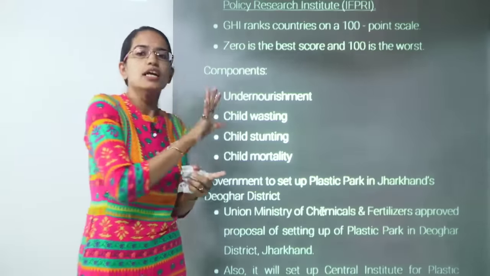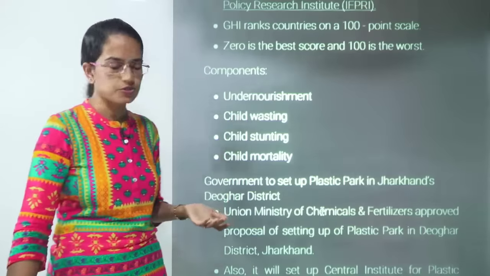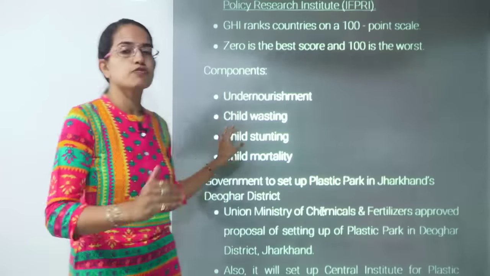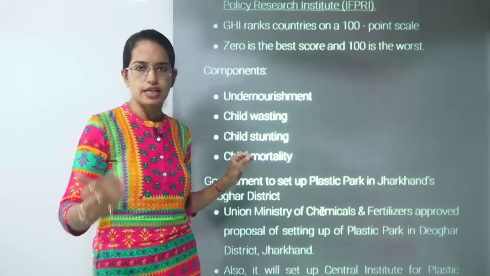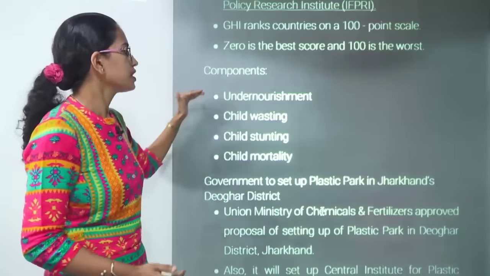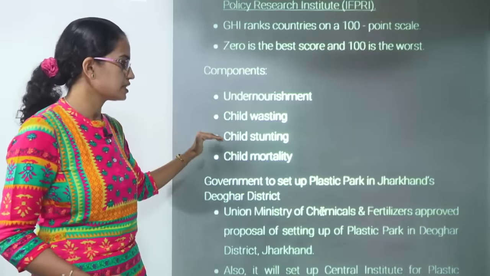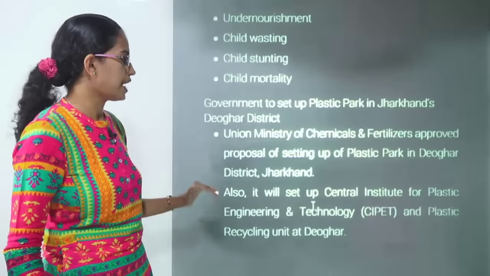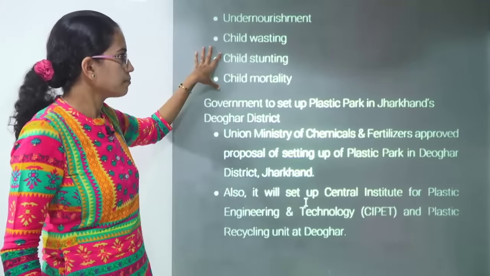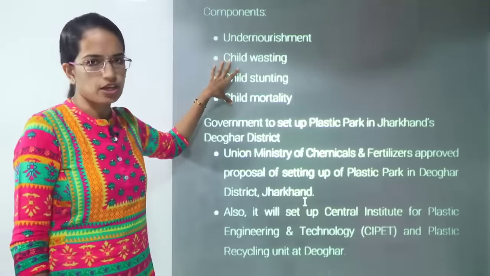So it works on an inverse basis. That's again important to note. The 4 components, which of the following is not a component of global hunger index, could be a direct question. So undernourishment, child wasting, child stunting and child mortality are some of the important parameters, the 4 important components considered